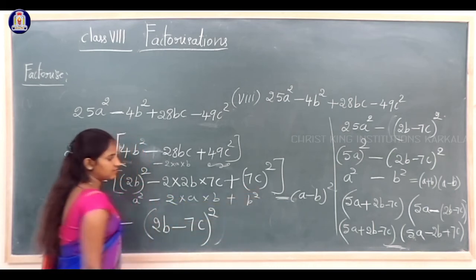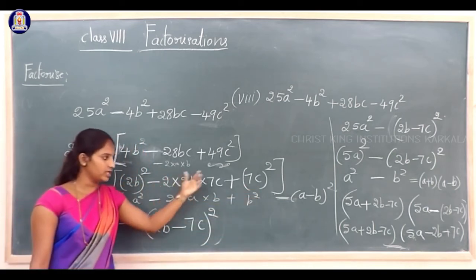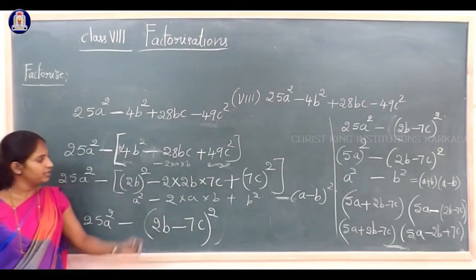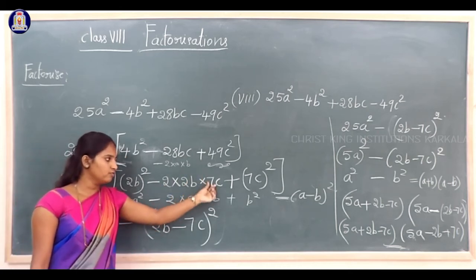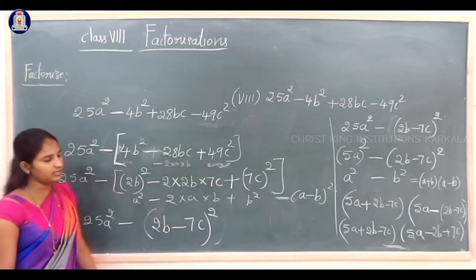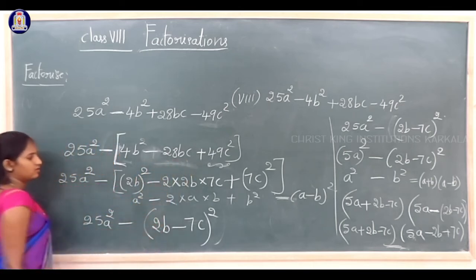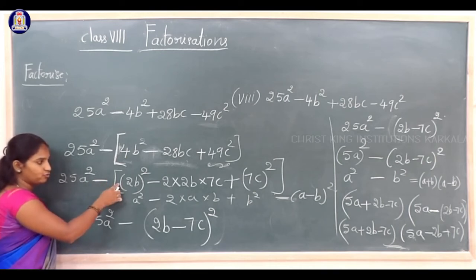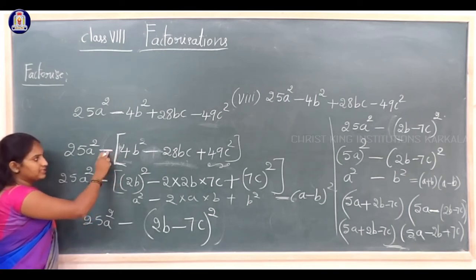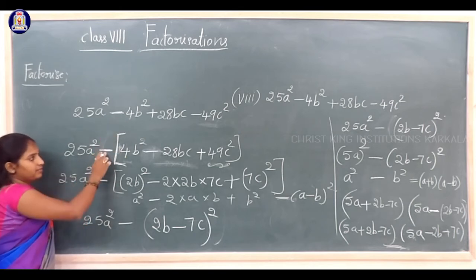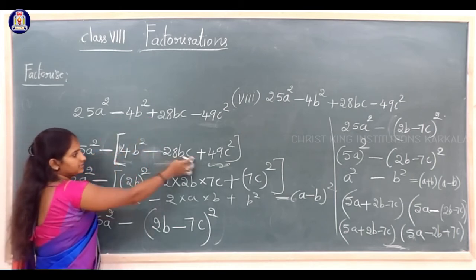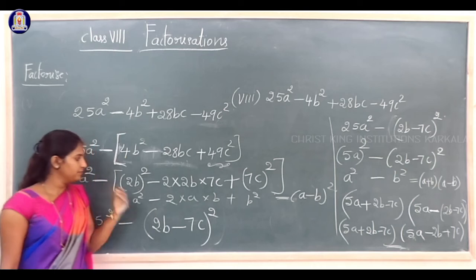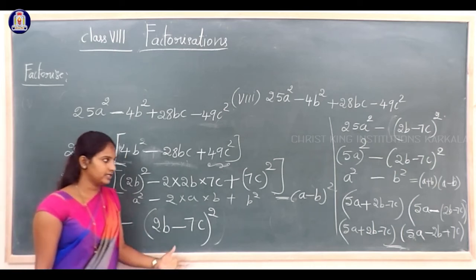So b is 7c. Okay, 2 into a into b. 2 into a is 2b and b is 7c. If you multiply this, 2 2s are 4, 4 7s are 28. So we will get the same term. Okay. So now you have to check the sign. Sign is here minus, the sign of (2b) square will change it now. So plus into minus, minus, same, minus into minus plus, minus into plus, minus. So while writing inside the bracket, sign will change. Okay. Next, use the identity and write.